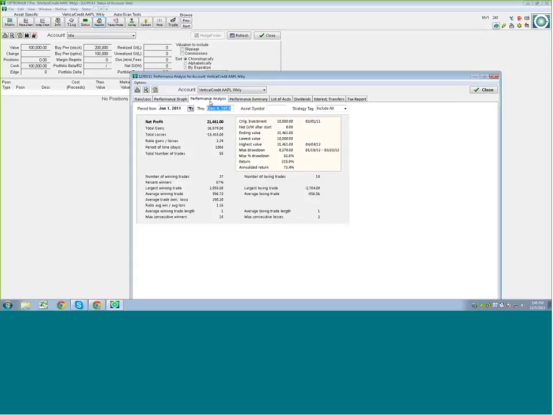Performance analysis is kind of nice because you're able to come in here and see your total gains, losses, the total number of trades in the period I'm covering here, and percent winners. So it gives you a lot of detailed information about that backtest. And then in essence what you could do is go back in time, title this vertical credit Apple Weeklies,